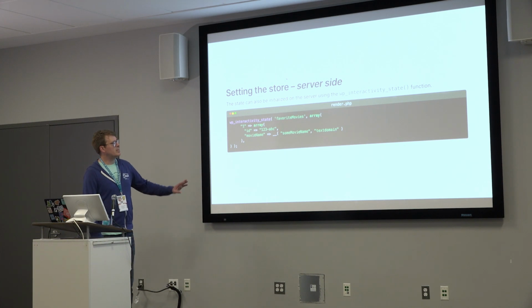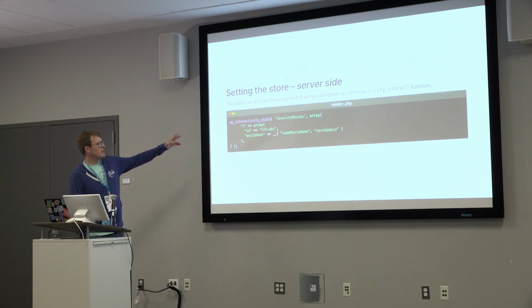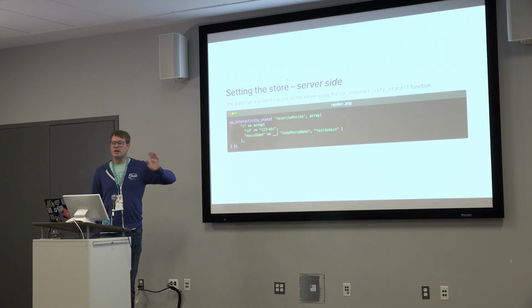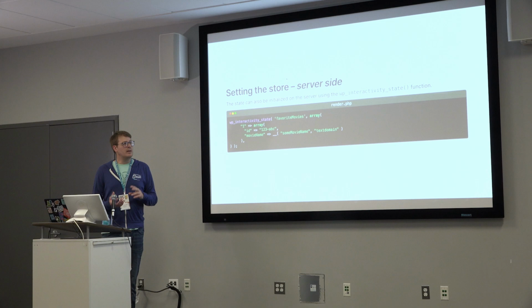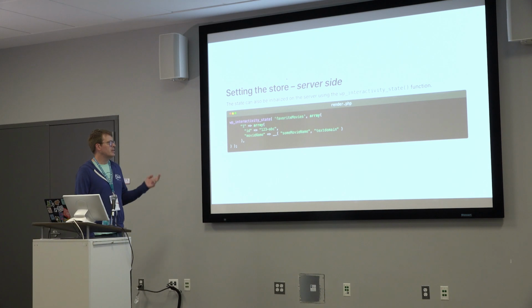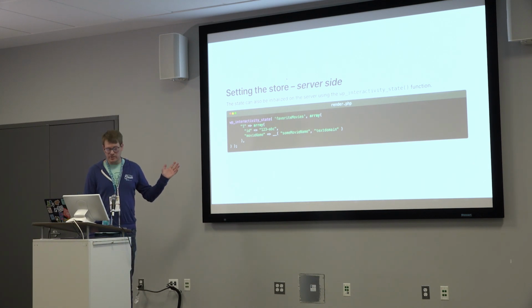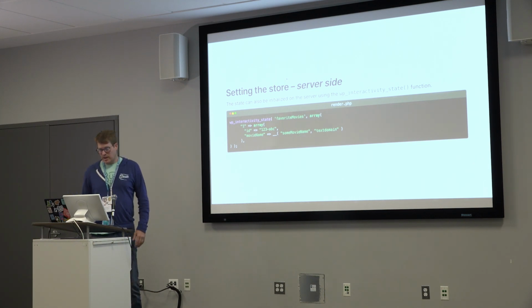This example is, I think, from the WP movies site. Several components in that site all reference what movie is being clicked on, so they can pull in actors and all sorts of different information. This would be one way of doing it on the server side, which is handy to have